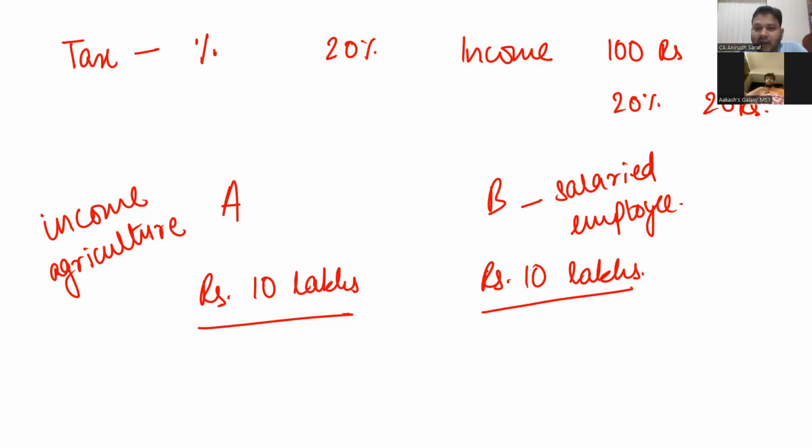But the point we are discussing here is that calculation of income tax is not very simple. Why? Because it is not just that you take a rate, take the income, multiply the two, and the answer is tax. Sometimes two people earning the same amount of money don't pay the same amount of tax. One is paying zero tax, the other is paying something, because one is earning income from agriculture, which is tax free. So certain incomes are tax free. Let me take another example.